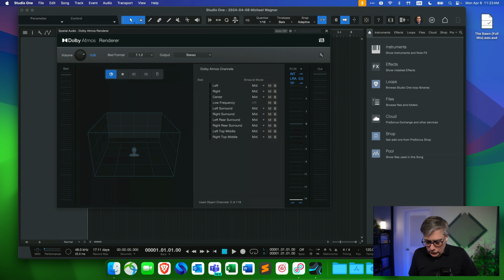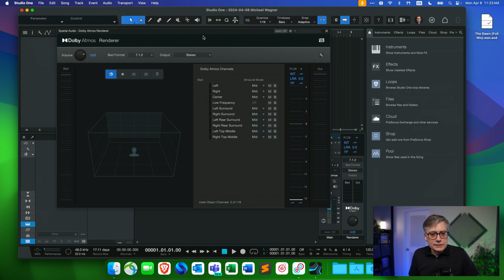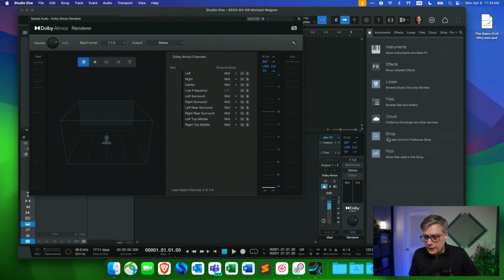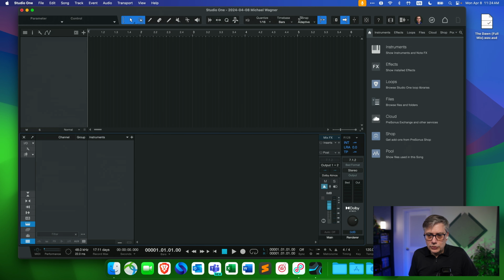And then what I'm going to do is open up the mix view so that you also see that. Now, the nice thing about Studio One, and I did a video about that a long time ago, is that the way they've actually set that up is extremely convenient. So you can control the Dolby Atmos renderer pretty much from the mix view here. So you never really need to open that up. That is extremely convenient. It's probably the best solution when it comes to Dolby Atmos workflow. So if you are starting out with Dolby Atmos, Studio One is something that you might want to look into.